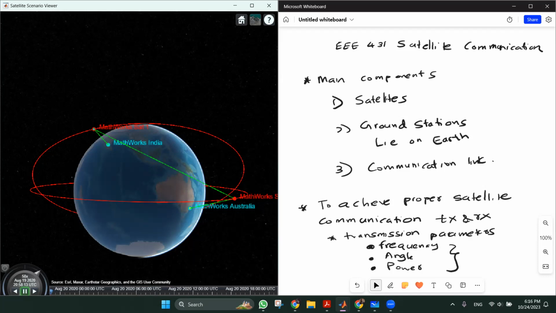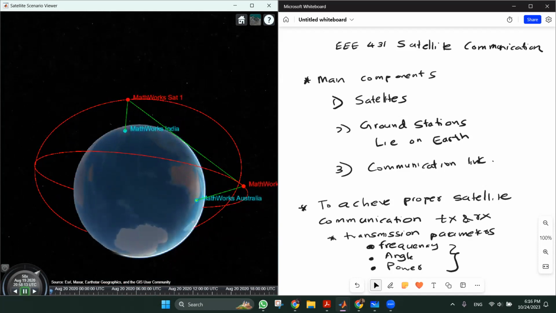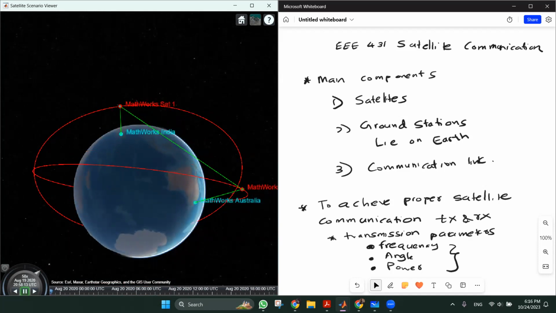In order for us to achieve this communication, we need to send the transmitting signal from this ground station towards the satellite. Achieving that requires, as I said before, the correct frequency, angle, and power. Apart from that, we also need line of sight connectivity between